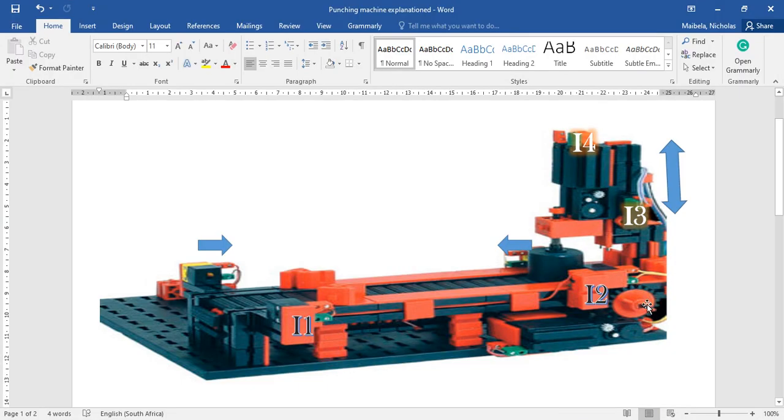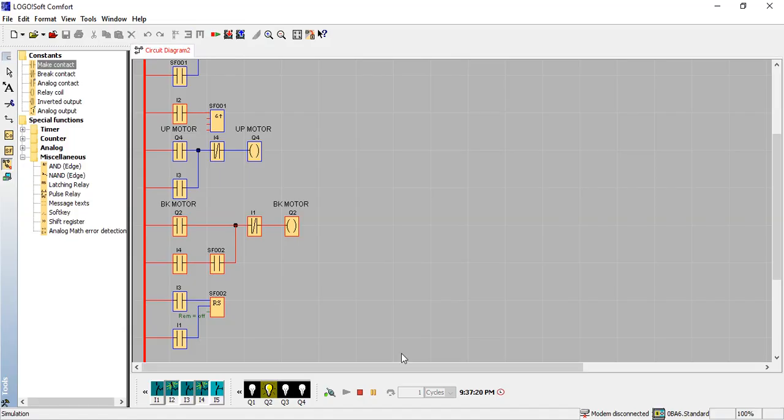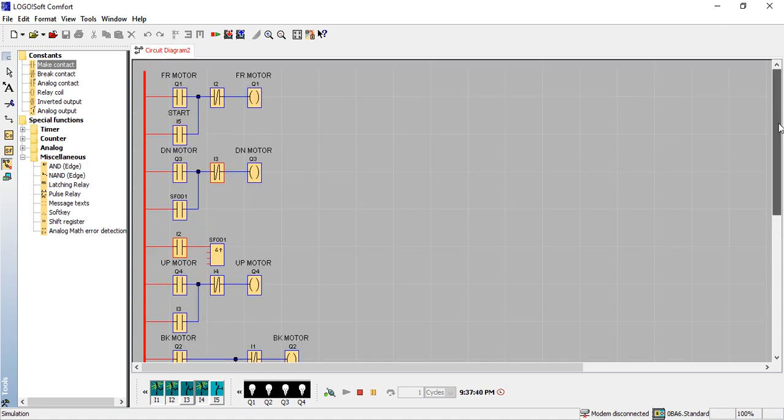back to I1. It's going to move until I1, and when it reaches I1, it will deactivate this signal here and also deactivate this motor there. And then it gives you the chance to pick your item and place another one and press the I2 start button again. So this one will be left activated. So now